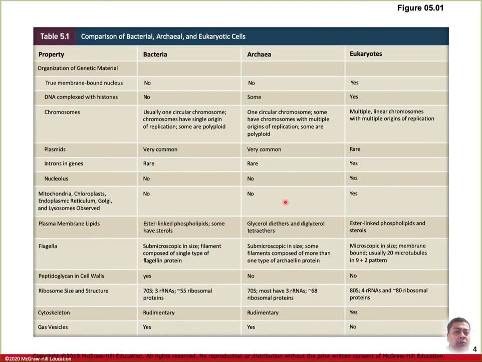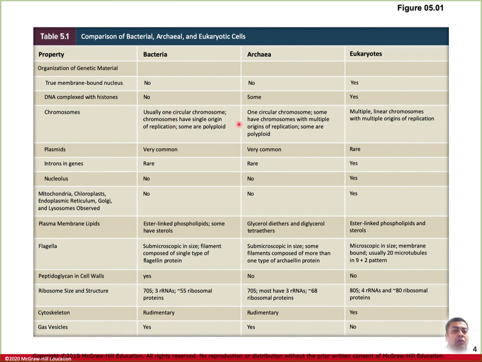So let's take a tabular look at that. What are the differences in these? So you can see that we talked about how there is no membrane-bound nucleus in bacteria or archaea, and DNA is not complexed with histones in bacteria, whereas in some archaea the DNA is complexed with histones, but the number of histones per nucleosome is a little bit different, so it is really not exactly the same, but similar. On the other hand, here you can see that bacteria usually have one circular chromosome,